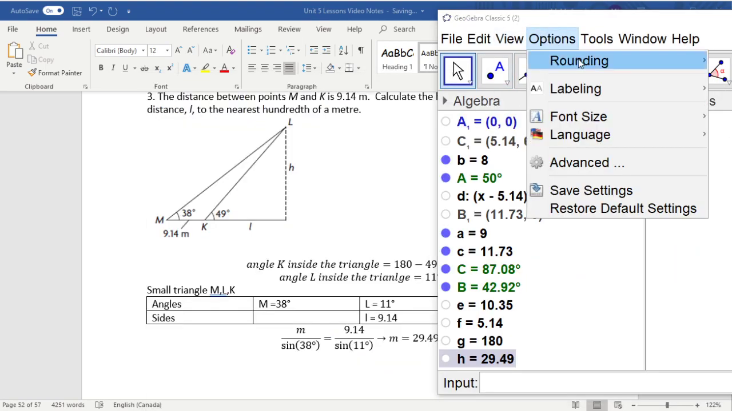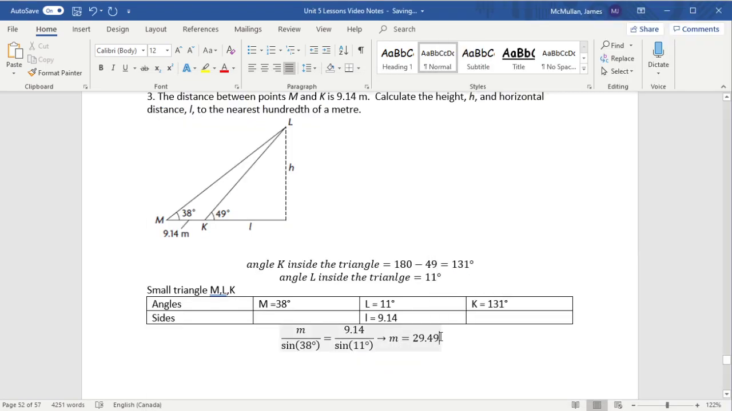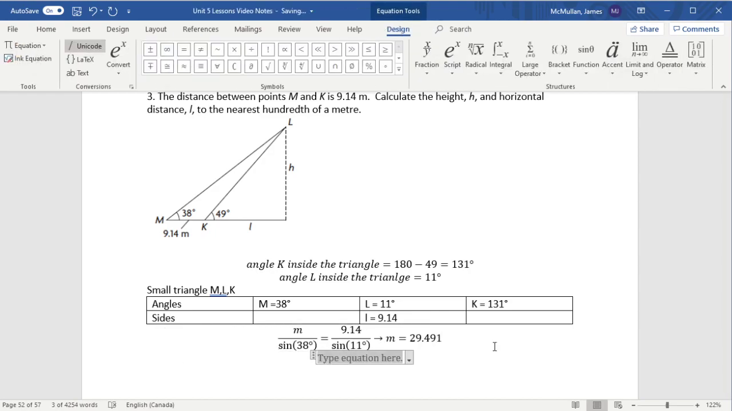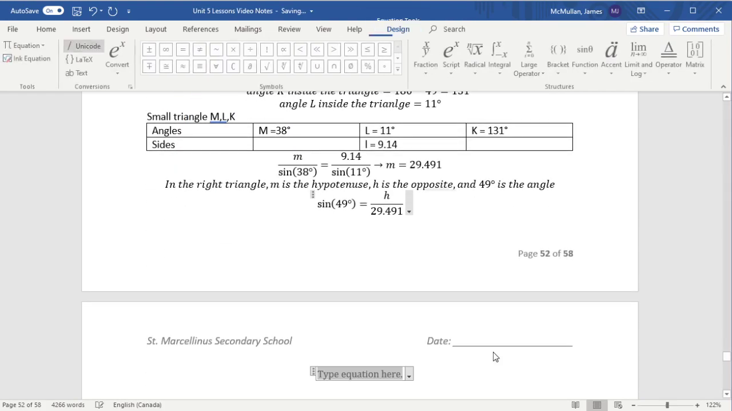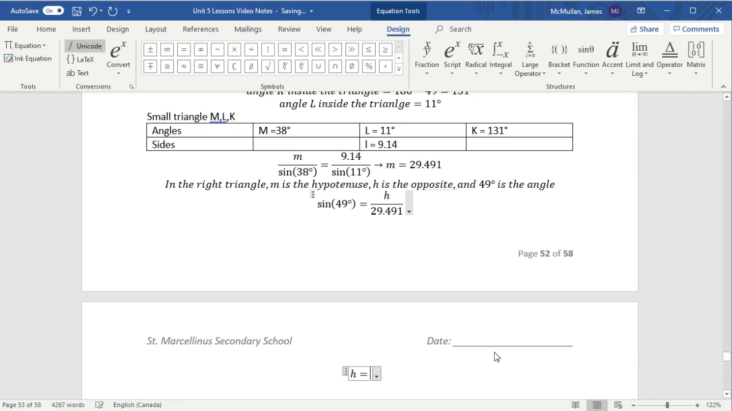Okay. Keep 4 decimals as I'm working, so 29.491, and then I can round at the end. Now, if this is true, I also know in the right triangle, M is the hypotenuse, H is the opposite, and 49 is the angle. So I'm just going to write sine 49 is equal to H over 29.491, and therefore H equals sine 49 times 29.491, and that would be